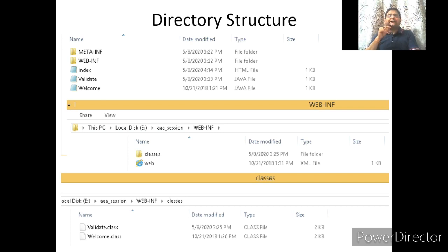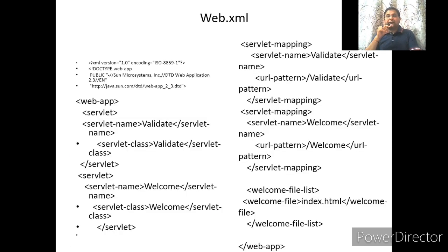What is web.xml? Web.xml is the deployment descriptor file, which contains information of many servlets, JSPs, initial parameters, as well as your first page or home page or index page.